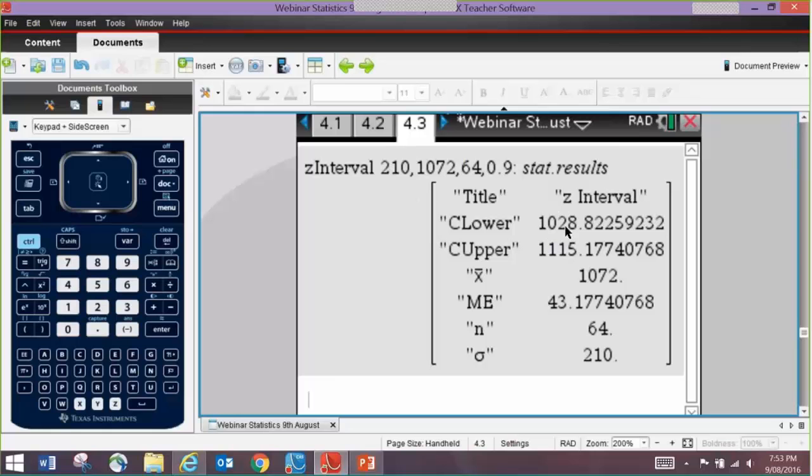The idea of the confidence interval is that if you took many samples, 90% of the samples you take will contain the population mean in this interval. Okay,